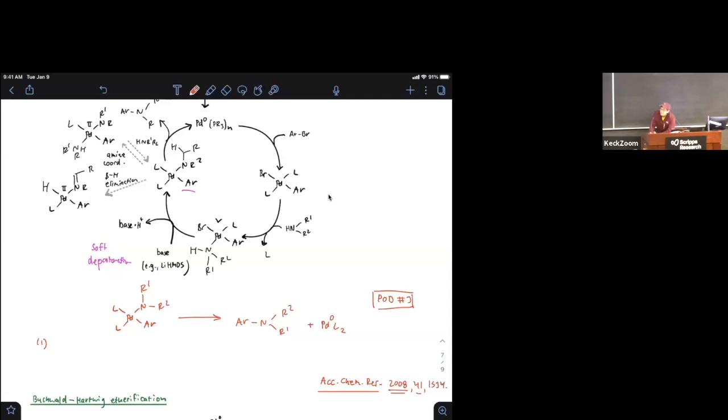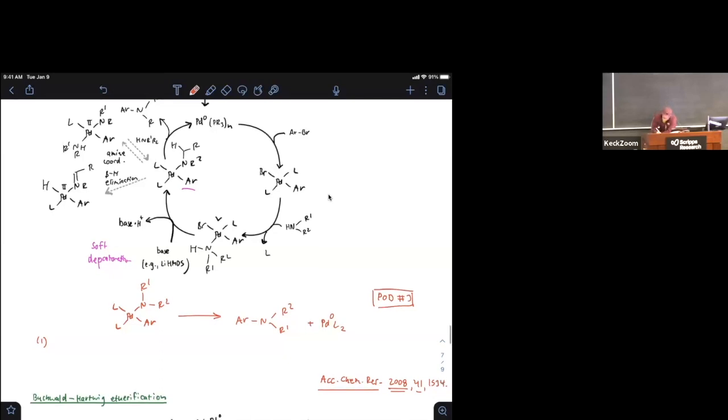More nucleophilic, more likely to be the secondary coordination. Well, it's already coordinated, so we're just focusing on the reductive elimination step. But I think your idea is on point here, which is, if I understand correctly, essentially a more nucleophilic lone pair. That hypothesis makes sense, right? More basic